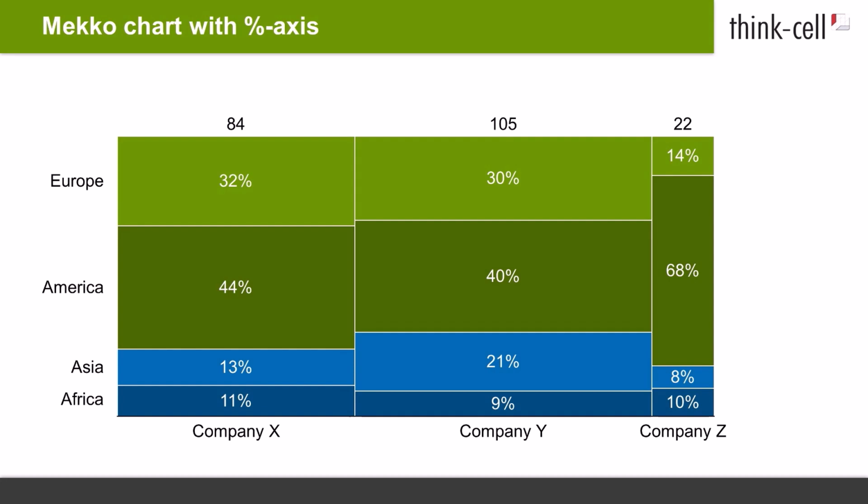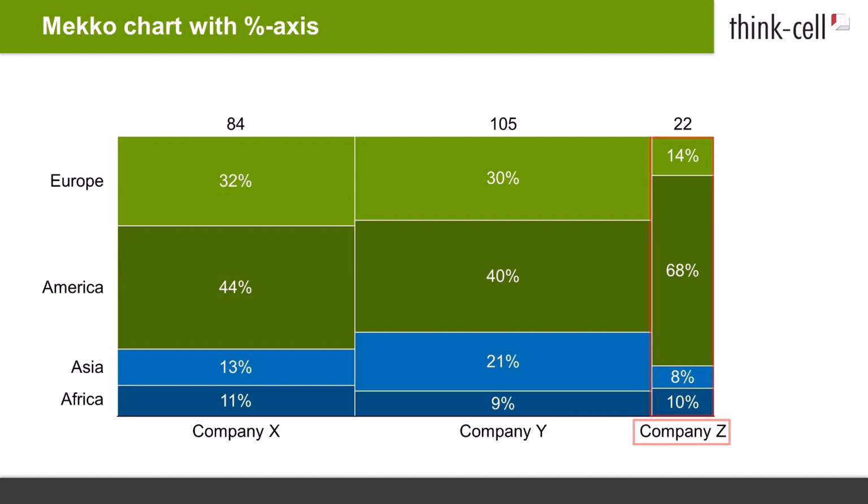Let's say you would like to show both the relative significance of individual regional markets for a number of companies and the importance of each company in the total market in a single chart. This can be done using a Mekko chart with percent axis. It works like a standard 100% chart vertically, but also renders the absolute column totals horizontally through varying widths of the columns. In our example, a column's width shows the total revenue of that company and thus its share in